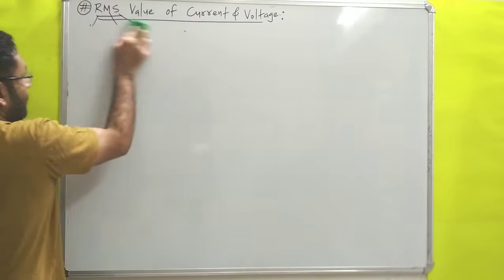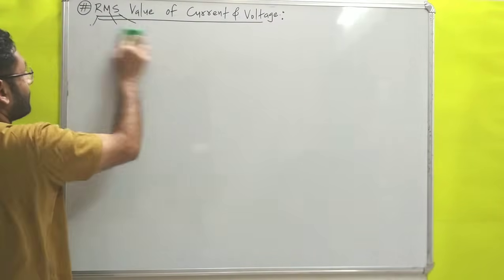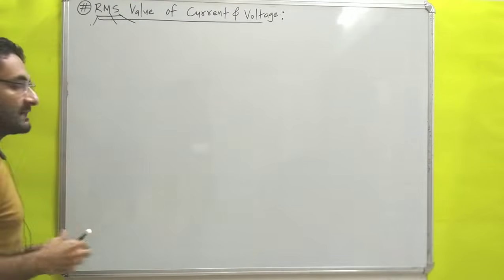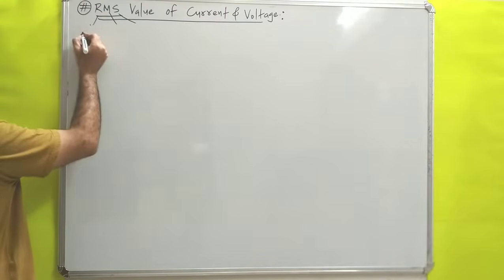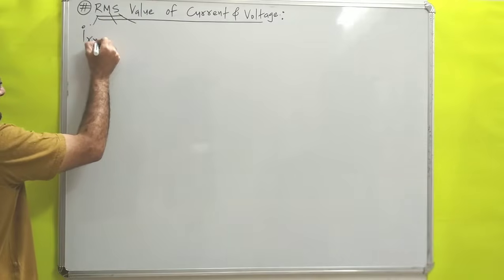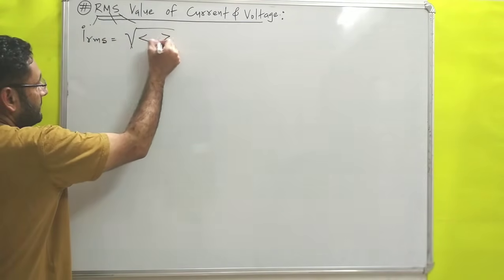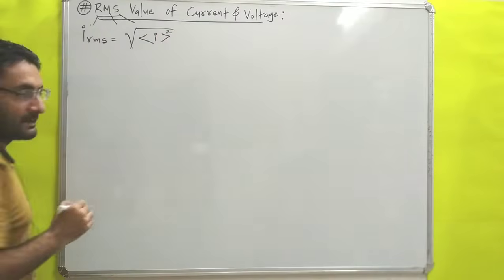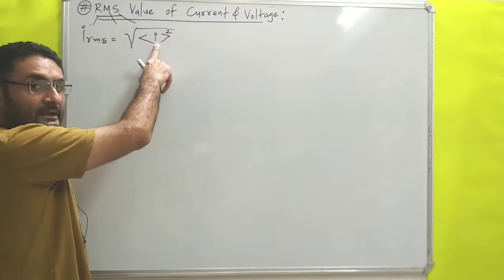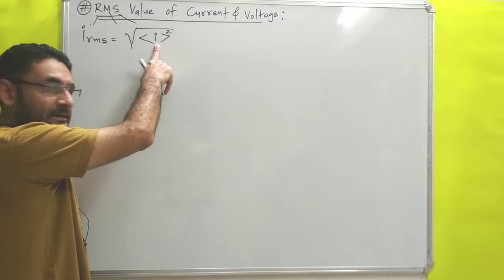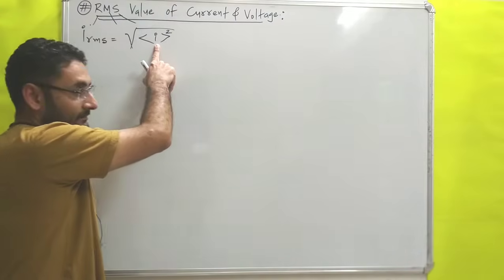Okay, now we'll derive the equation for current RMS value, which is Im upon root 2. How? So first I will write IRMS is equals to what? Root mean of current square. Now that I is what? That is your mean current or average current. And how you will find out the value of average current?